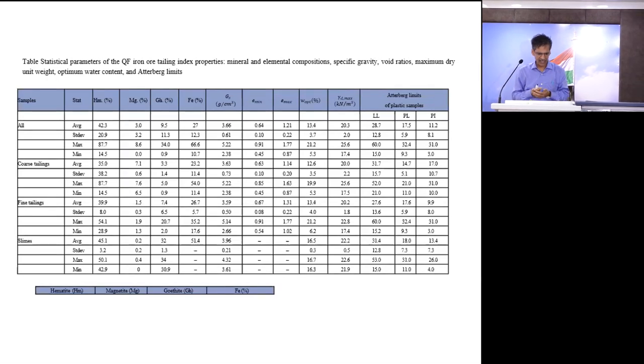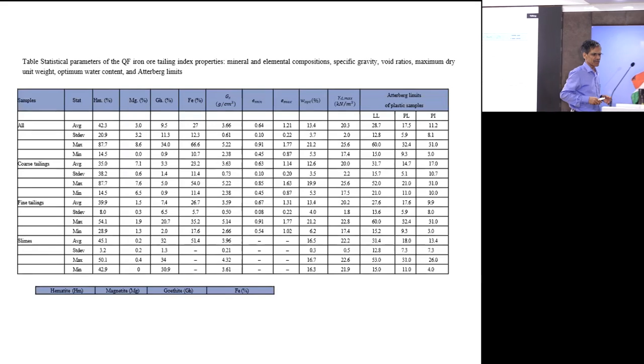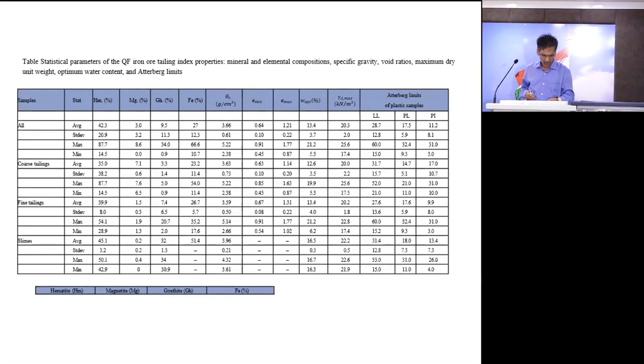Mostly there are 3 hematite statistics I am giving: average, standard deviation, maximum, minimum. If you see, first is hematite, there are 3-4 tailings there. One is your coarse tailing, fine tailing and slime. So if I take an example, suppose overall hematite is